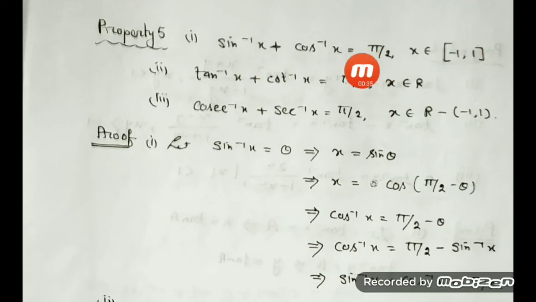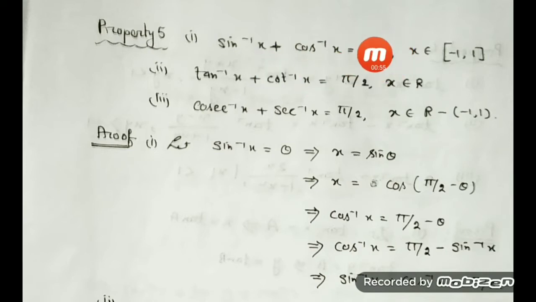Here you see, we have considered sine and cos together, and tan and cot, because the interval is the same. Okay, the domain is the same, so I have considered them here. Similarly, cosec and sec, their domain is the same, so they have to be combined. This result can be applied when sine inverse of the angle and cos inverse of the angle are the same values.